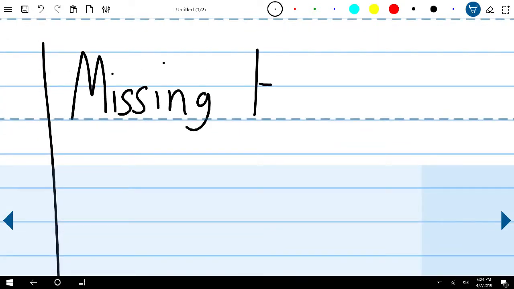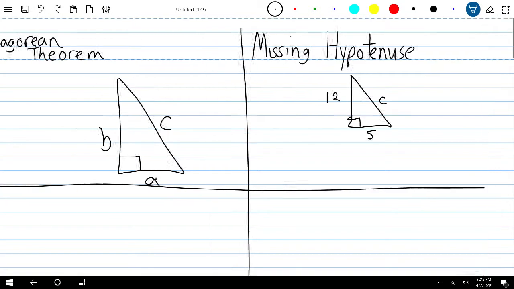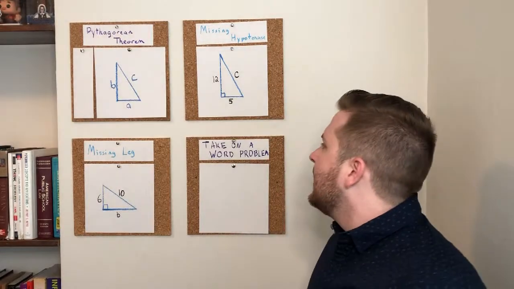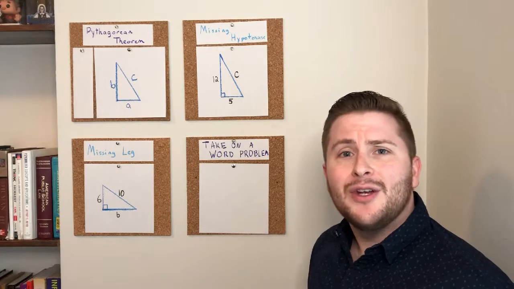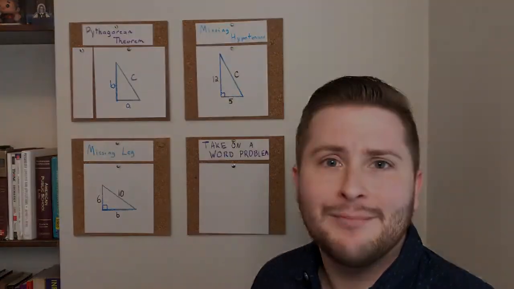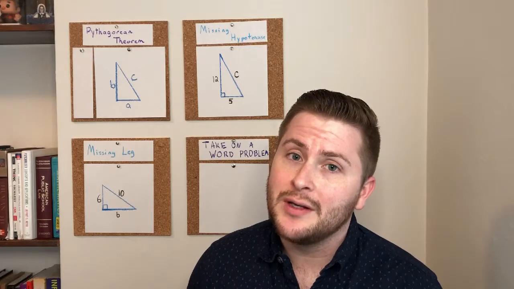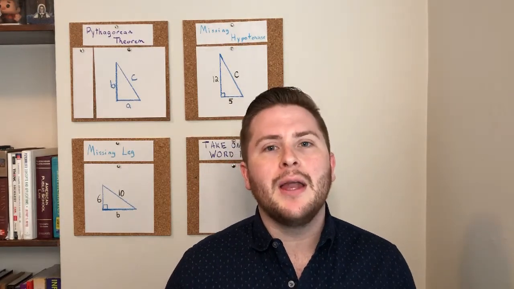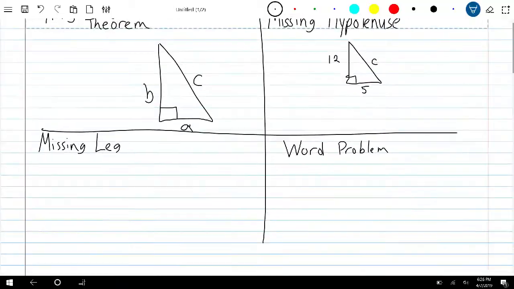The other one is when you're missing a hypotenuse, which is spelled hypotenuse. We'll talk about that in a second. And missing leg, and then by the end of this video, you're going to be able to take on a word problem. This video is not going to talk about who Pythagoras was. We're going to do that in a later video, but know that he was this man who created this influential